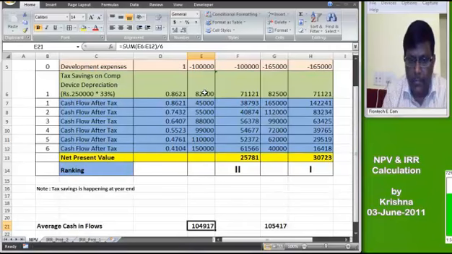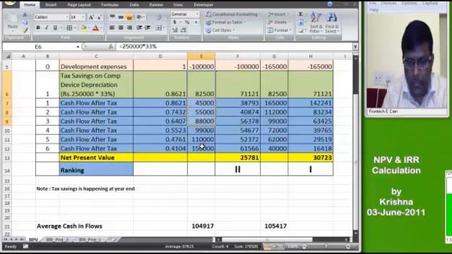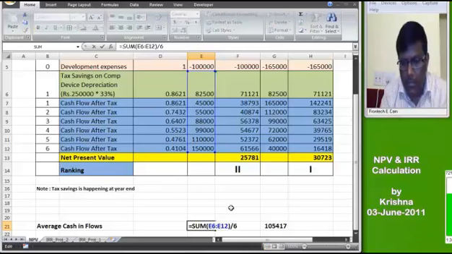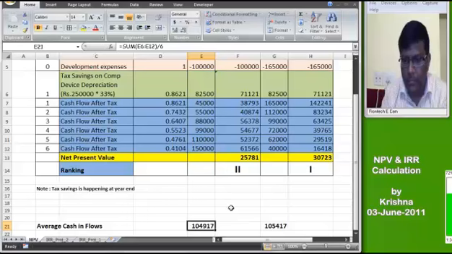From 82,500 onwards I have taken the total up to 1,50,000, divided by 6 years. See the formula: I have selected 82,500, 45,000, 55,000, 88,000, 99,000, 1,10,000, 1,50,000 divided by 6. Then we have the average cash inflows for both projects. Now we will